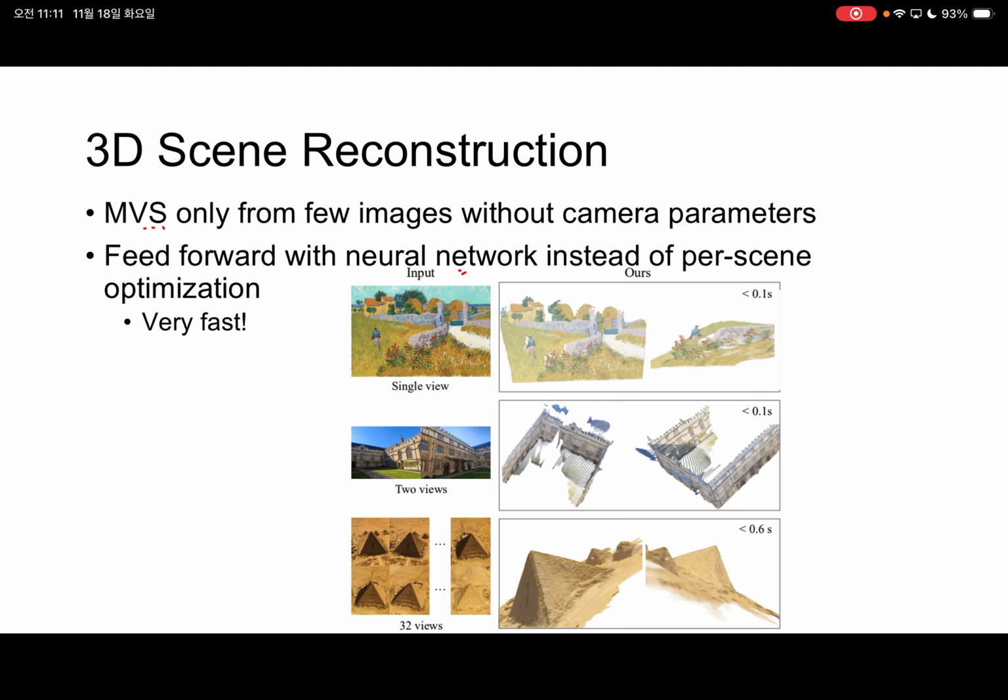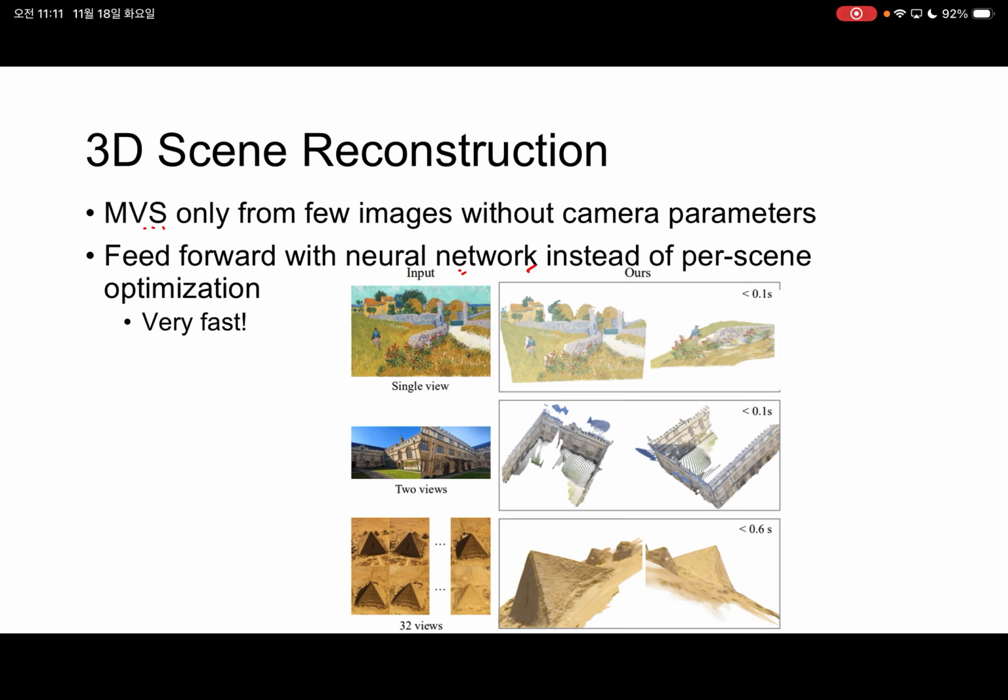Feed-forward means, with structure from motion or multi-view stereo, we optimize such representation for each scene, right? In structure from motion, for example, we initialize camera parameters based on initial two views, and then we gradually add an additional viewpoint, and then we keep optimizing them by minimizing an energy loss function. So it takes a little bit of time, like a few minutes maybe, but this kind of feed-forward network simply